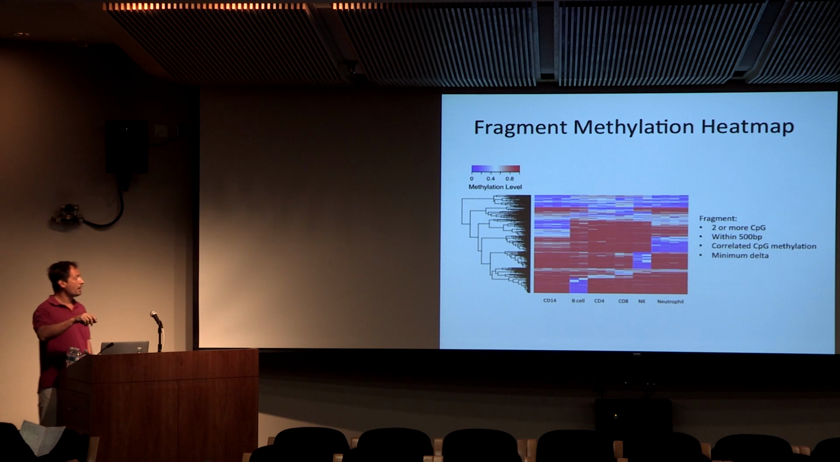So this just shows a map. Here are six different cell types that are quite abundant within the blood. We collected reference methylomes for each of these, and then we tried to identify sites that were specifically demethylated in one of these cell types compared to all the others. So blue here indicates that the site has low methylation, and red